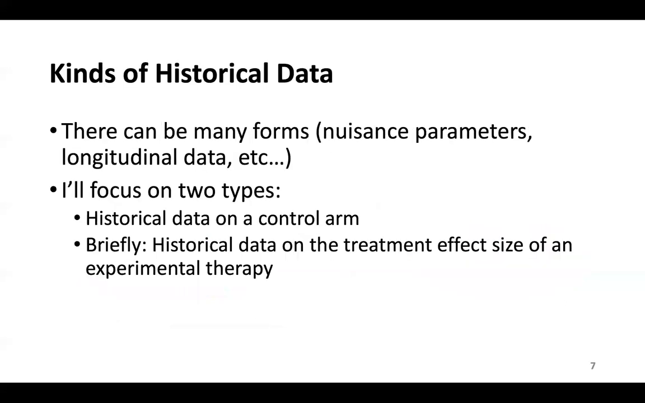Now, there can be many forms of this historical data. We use nuisance parameters all the time. We might be building a model that we use to analyze, and implicitly we've used some of that data to build our models, but it's not explicitly used in the analysis. There can be longitudinal data that might even be used, those components, variance estimators. I'm not really worried about these. They can have really minor impacts on things, but let's ignore those types